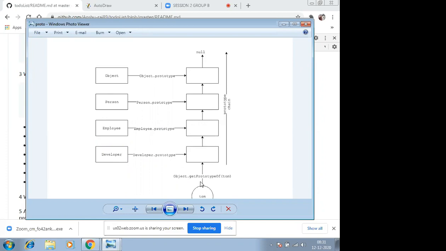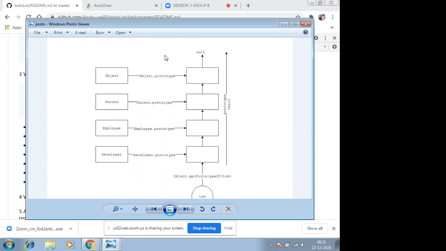So if I create an object of the Developer class, and I try to say tom.prototype.getName, it will first check whether getName is there inside this particular prototype or not. If it isn't there, it will delegate the request to its parent chain, and this whole chain will go up to Object, and then the stopping condition is null.